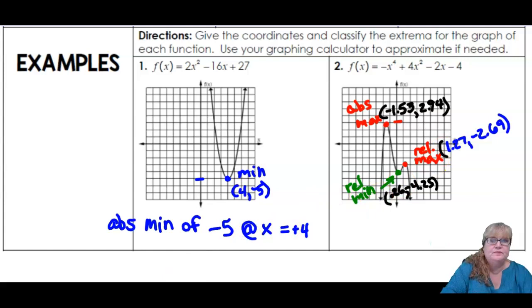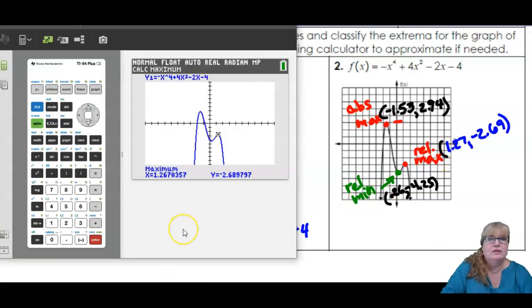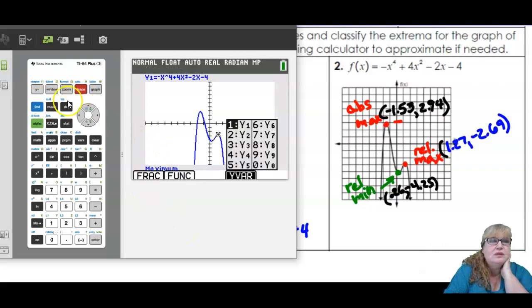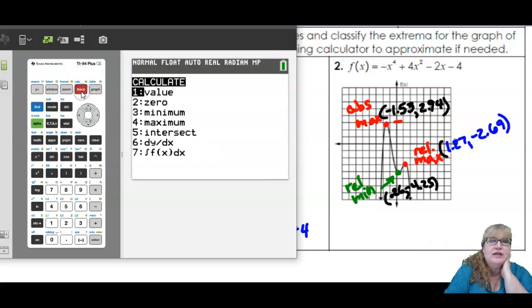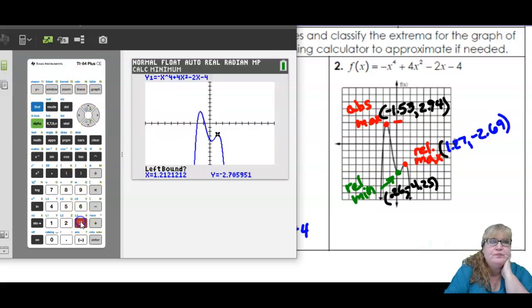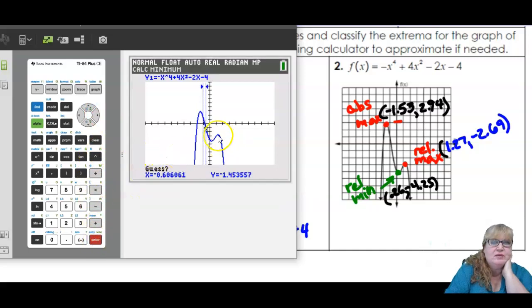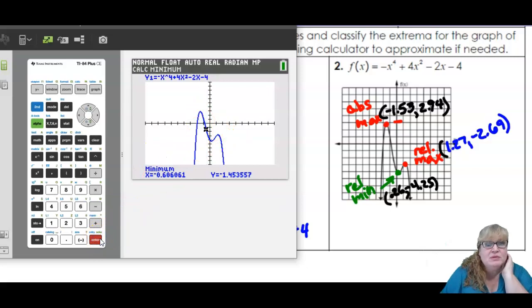Make sure I have that right. Okay, I did want to show you real quick. If you do second calculate, and you say I want to find a minimum, and you pick, say, between here and here. Accidentally, you pick them really close together. It will find a minimum value. But clearly that's blinking is not a minimum on the graph. Okay, so be real careful that it lands at the minimum on the graph,